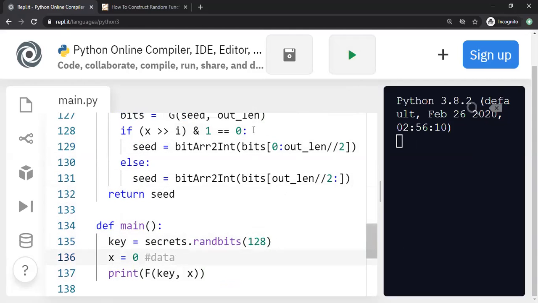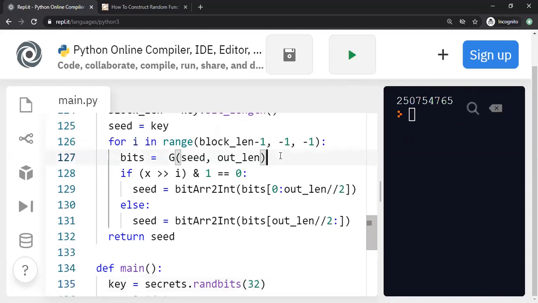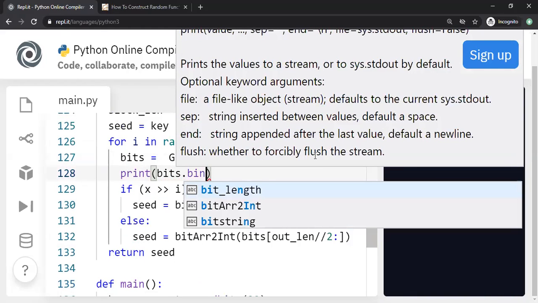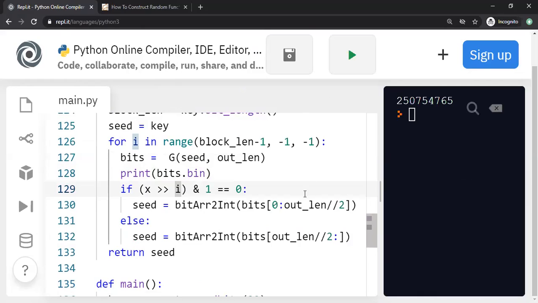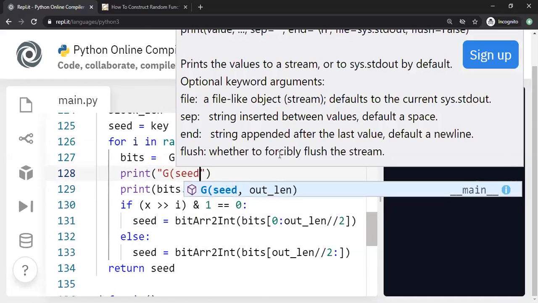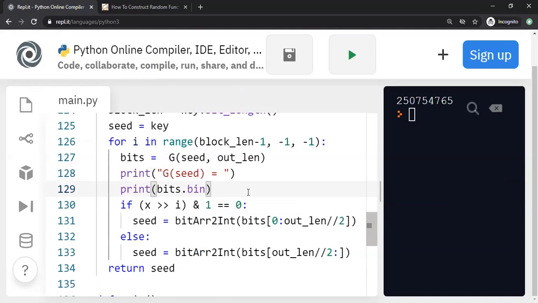We should be able to see the seed and whether we are going to the left side or the right side. For that, let's reduce the size of the key and make it small so that we can easily follow the flow. I'm going to print this in binary first, with bits.bin. So we get the random output from the generator. Let me write it here: G of seed is equal to,